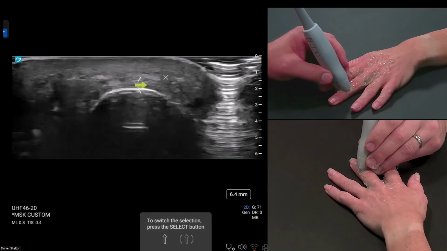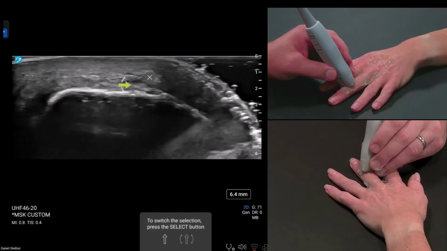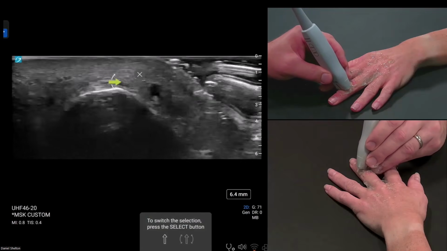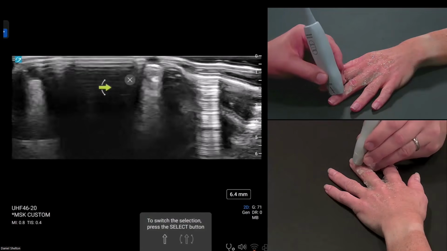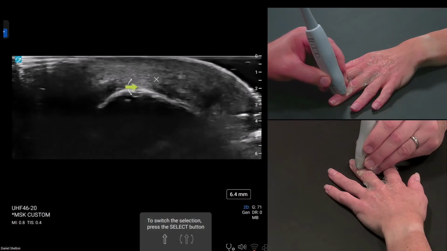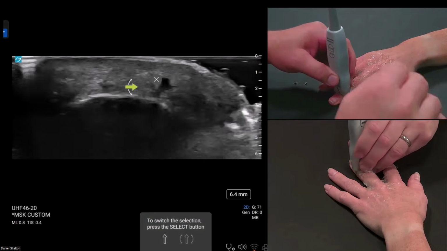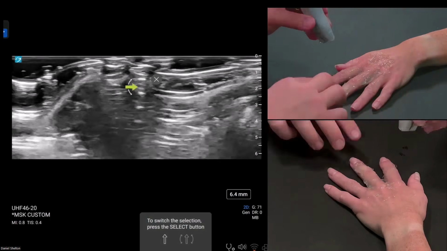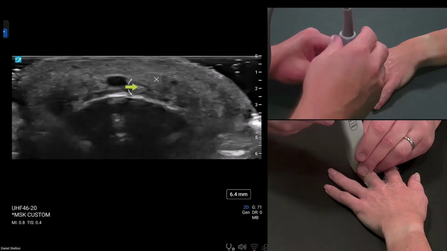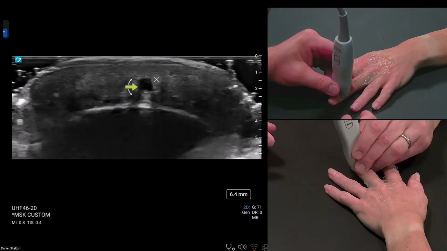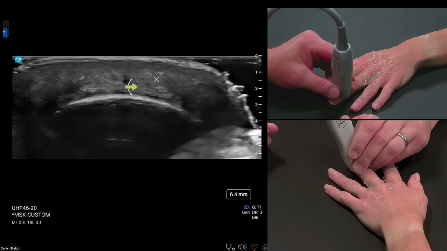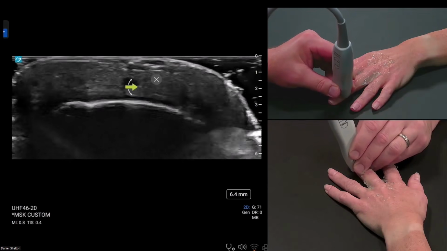But we're just following these teeny tiny tendons to their eventual insertion on the DIP. What we're seeing here is the beginning of the nail. So we're at the nail bed, joint of DIP, and that's where we get that triangular ligament in the middle of the DIP area. These two tendons come together, and we've got that triangular ligament, which is just a little bit of a fascia between the tendons that attach at the DIP level.